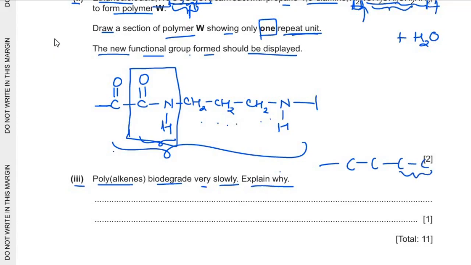So the repeat unit is that C double bond C, which changes to a C single bond C. Now if this undergoes biodegradation, this bond has to be broken. If these bonds are broken, then only it can undergo biodegradation, but this is not easily possible, because the C single bond C bond is quite